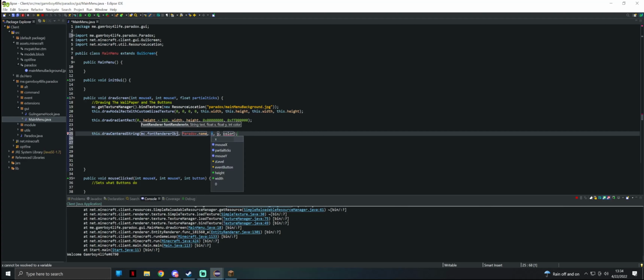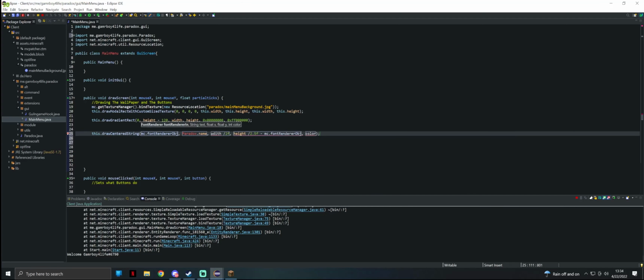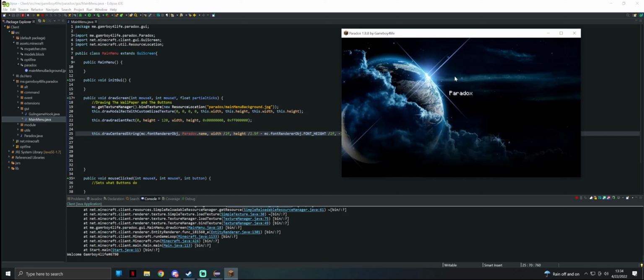For x, I'm gonna do width divided by 2f. For y, I'm gonna do height divided by 2.5f, and subtract mc.font render object dot font height, and we're gonna divide that by 2f. And the color, I'm just gonna have -1 for now. So now if I press control, or not yet, I don't want to crash my game yet, control S, as you can see we have our